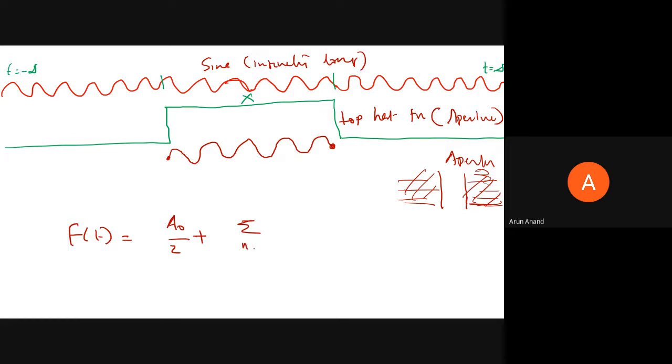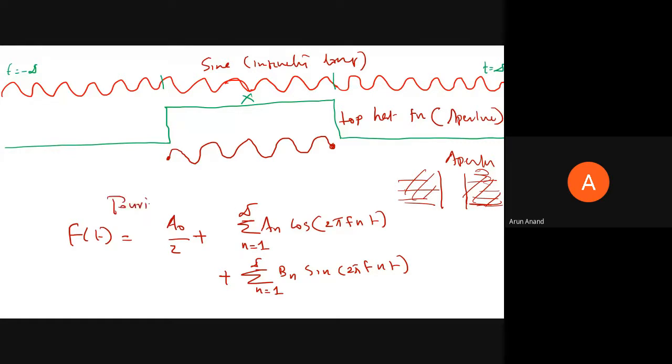Let's say n is equal to 0 to infinity. You can of course write 0, it doesn't matter because your 0 is already there. So we will write n is equal to 1 to infinity, a_n cos, since we are dealing in time, 2 pi f n t, plus the harmonic components also have sine, b_n sin 2 pi f n t. Of course, this is in the discrete form. When you go to the continuous form, it becomes the Fourier transform. So this is your Fourier series, but the Fourier series is easier to visualize.